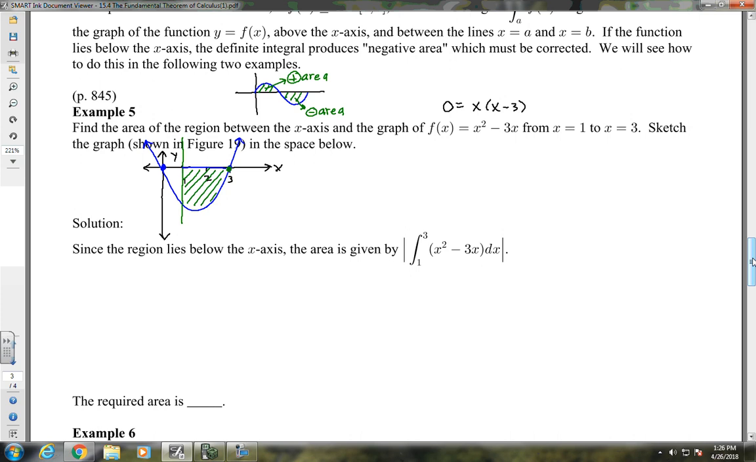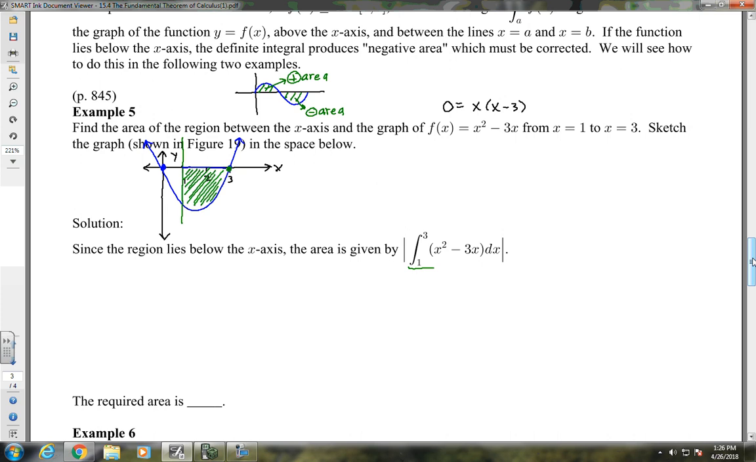So in our particular example, example number 5, notice the area of the region in question is below the x-axis. So when I calculate this with a definite integral, the answer is going to come out negative. Well, I'm just going to change that negative sign using absolute values. Okay? So the area of the region between the curve and the x-axis, shaded there in green, is given by